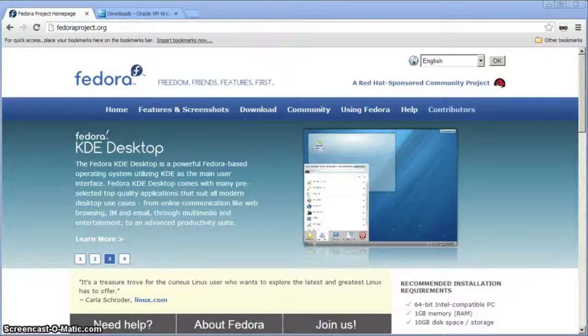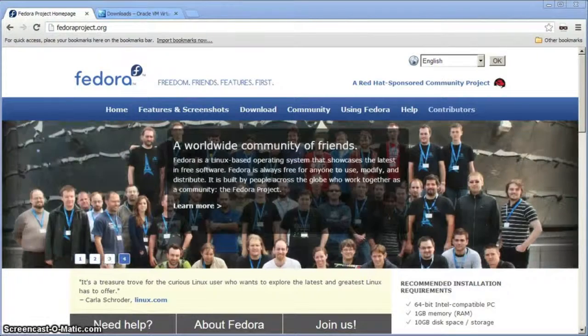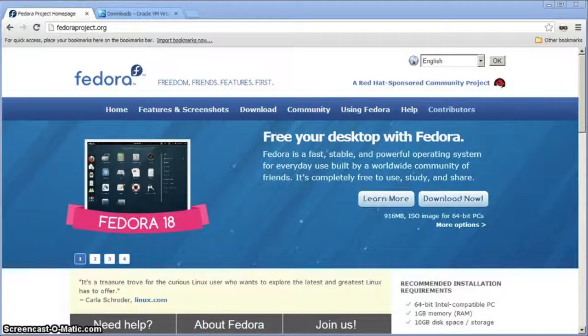I want to walk through installing a Linux virtual machine on Windows. This will include using VirtualBox for virtualization and Fedora 18 for the Linux distribution. We're not going to install Fedora's desktop software, but rather go with a minimal install using the Fedora net install ISO. So to get that started, we want to go to the